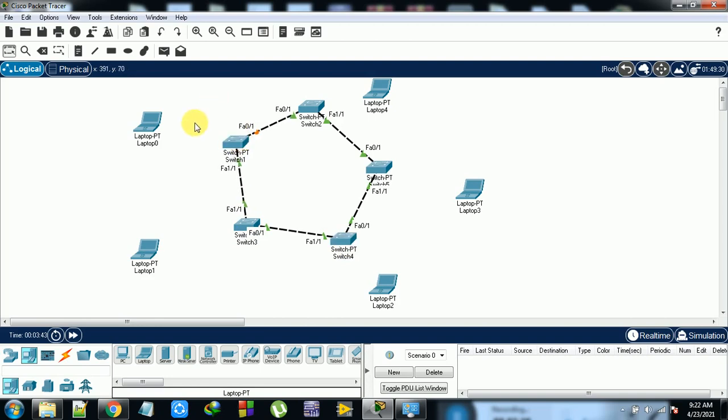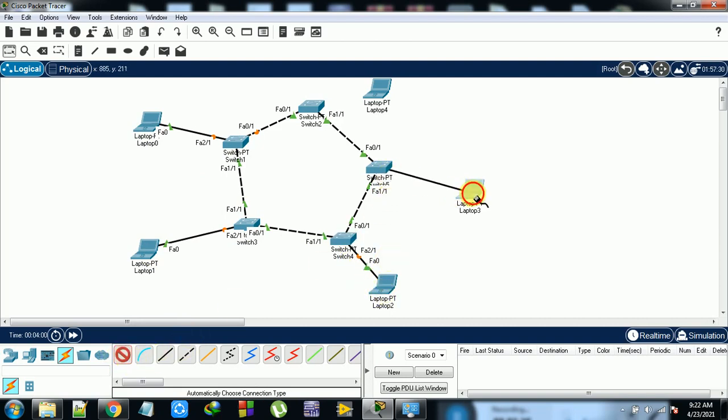Now just connect with the specified connections. I'm doing automatic connections right now because I already know what is meant by cross connection and what is meant by direct connection. That's why I'm doing automatic connection only, to do it fast.